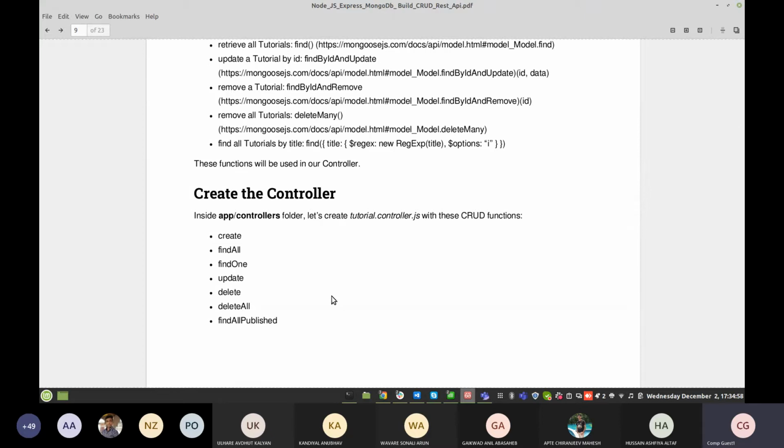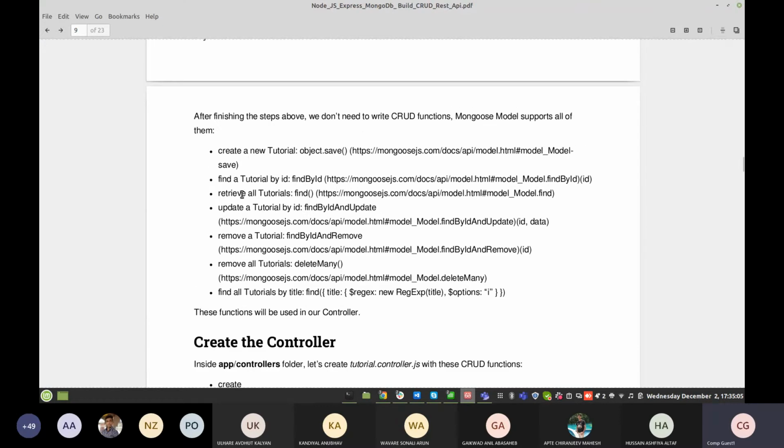Those functions are already supported by Mongoose. Here I have mentioned that create the tutorial is an object.save method. You can go to the MongoDB document API that I mentioned here and read the function details if you need them for further implementation.